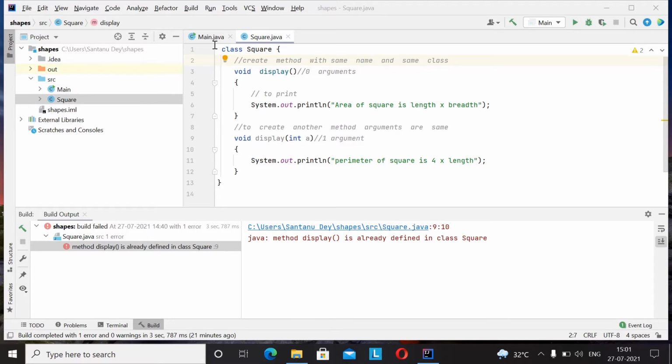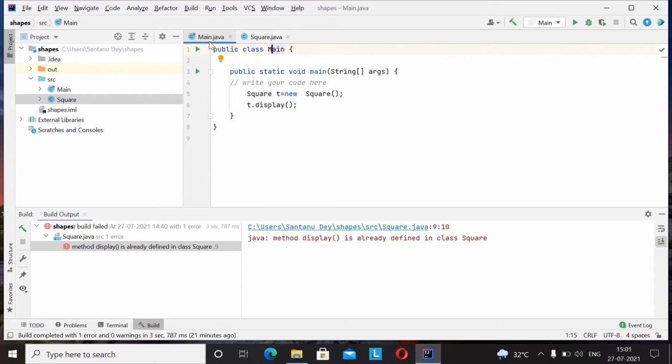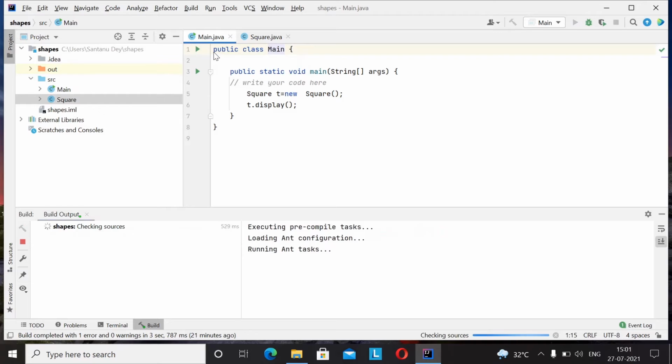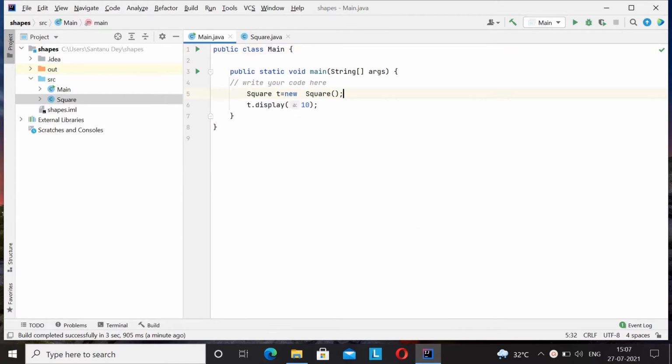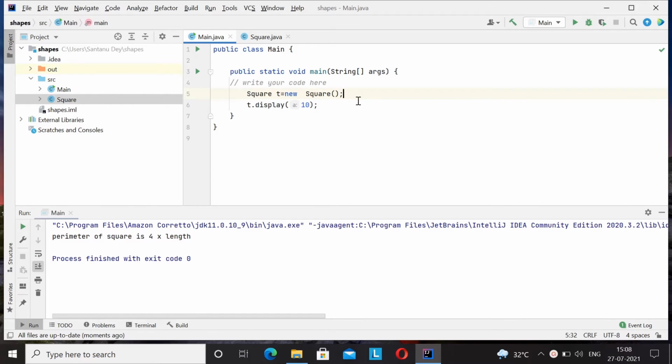As the main method does not have any argument, so the first method will be displayed. Let us see. If in the main method the parameter is included, then the second display method with parameter will be displayed. So in this way, ambiguity error is removed.